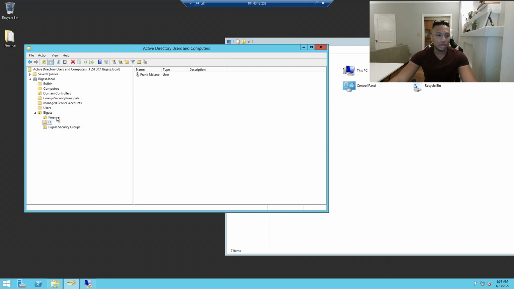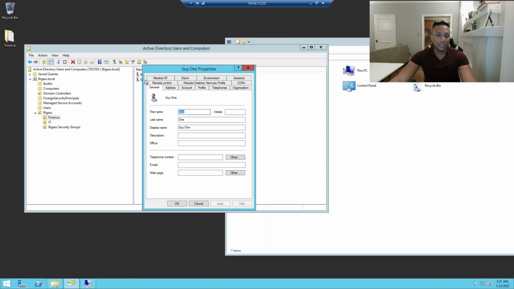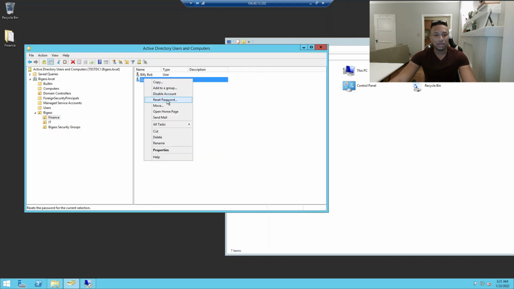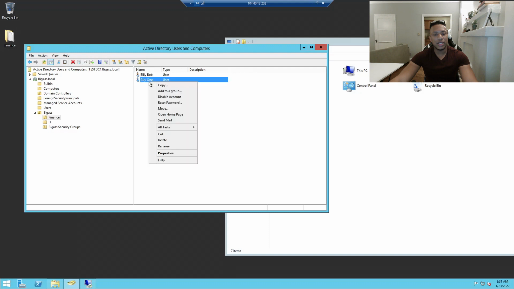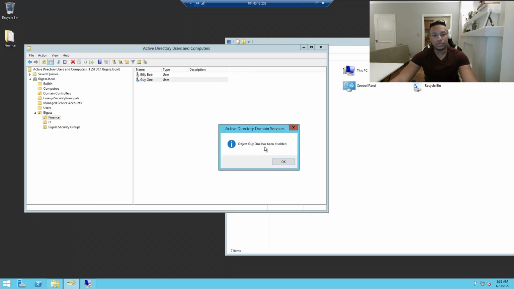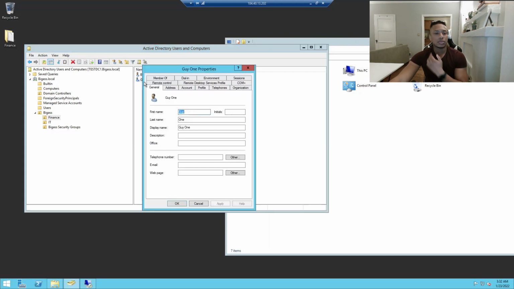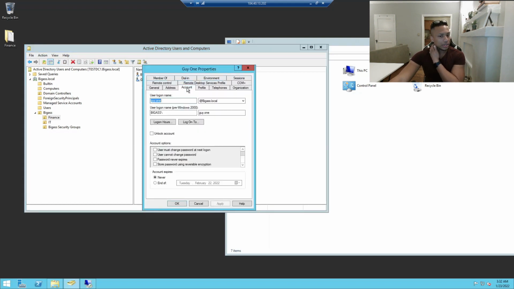Let's say guy one got fired or he quit. So what we're going to do, we can delete his account. But usually I just disable it for a few months. Then maybe you can delete it. But let's go ahead and right click, disable account. So you notice that it's a down arrow now. What we could do actually, let's go